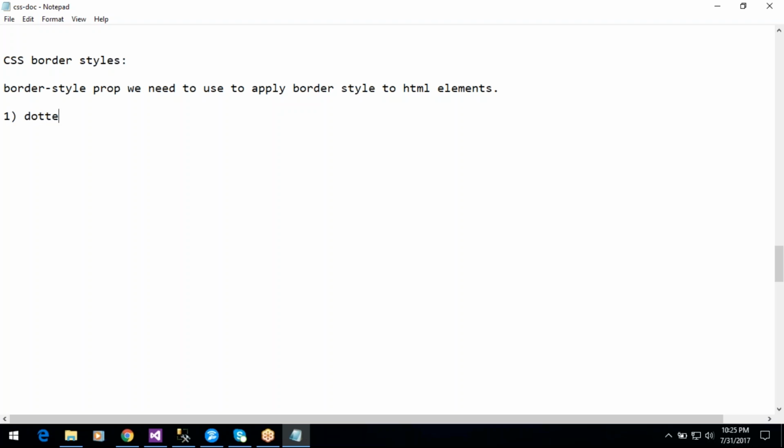dotted border, dashed border, and the third one, solid border style, and the fourth one, double, and the fifth one. These are the normal border styles. From the fifth onwards are the 3D border styles, that is